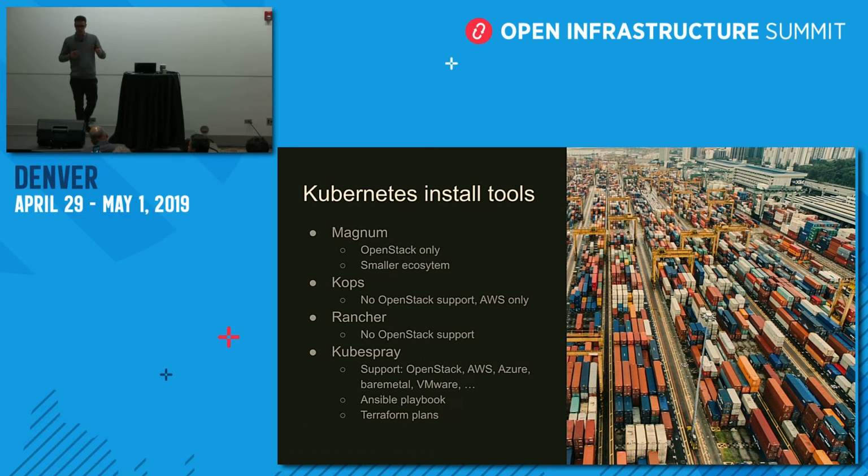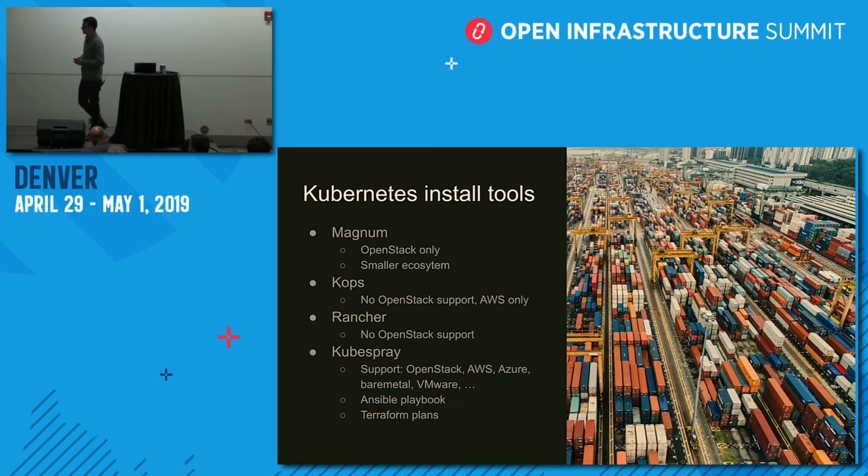Magnum is a bit more recent project. The ecosystem is getting better and developing, but maybe not as developed as some of the other options out there. For instance, I think it doesn't have an Ansible cloud module yet, so you have to talk to the API directly to Magnum or handle things with the CLI client.